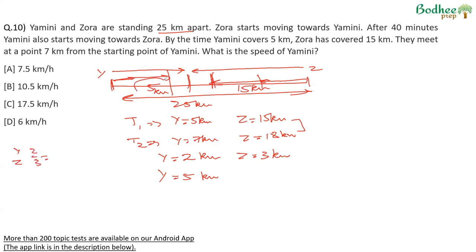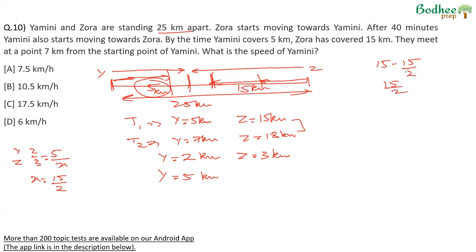In the time that Yamini covered 5 kilometers, say Zora covered X kilometers, so the value of X will be 15 by 2. But it says that by the time Yamini covered 5, Zora had done 15 kilometers. That is because Zora walked for 40 minutes extra, which means in the time that Yamini covered 5, Zora covered 15 by 2. So the remaining, that is 15 minus 15 by 2, which is 15 by 2,